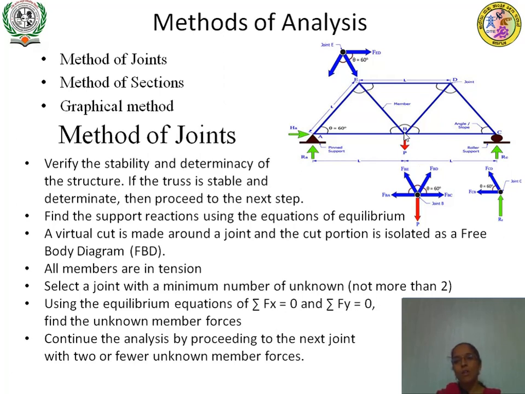or you can go for B. Once you apply at D, you will be finding member forces in these two members. Then if you go for joint E you can find these two members, and if you apply at joint B there will also be two unknowns. Either you can select B or E, whichever you feel easier. That is the procedure to find the forces in members using method of joints. And at the end you have to tabulate the member forces.